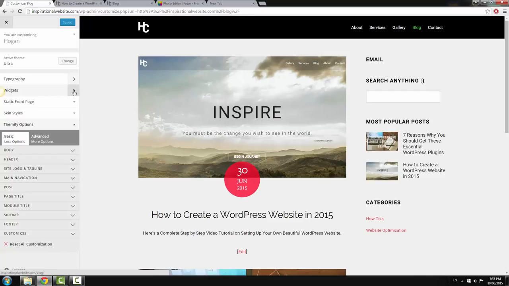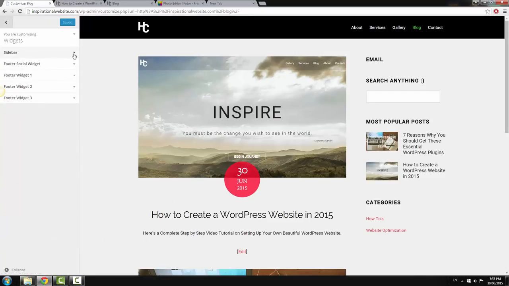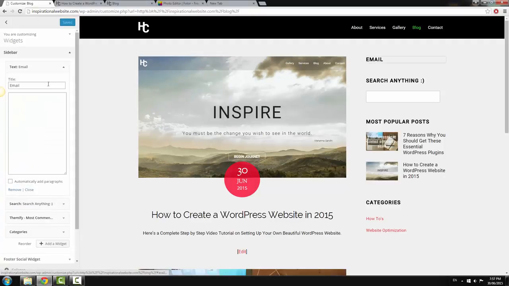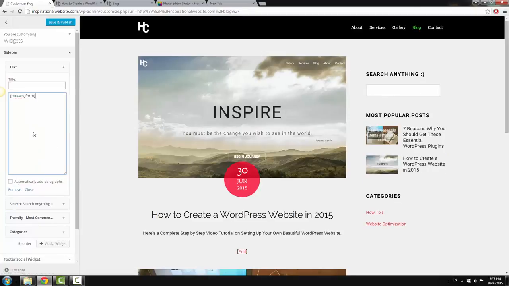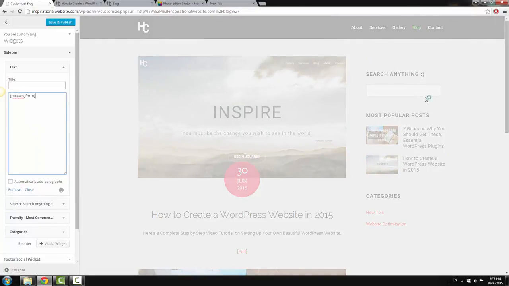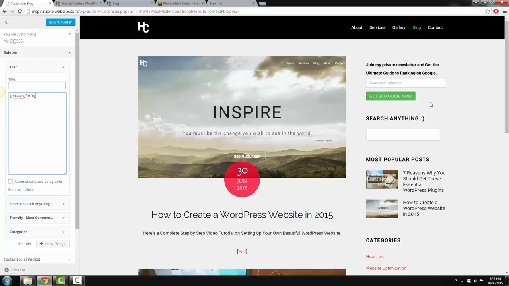Now click on widgets, and this one is your sidebar widget and the email here. So let's just delete the title. Okay, now paste in the shortcode. So paste as plain text and it should update itself in a few seconds. Okay, so it looks pretty good so far. Now what we need to do is just save and publish,